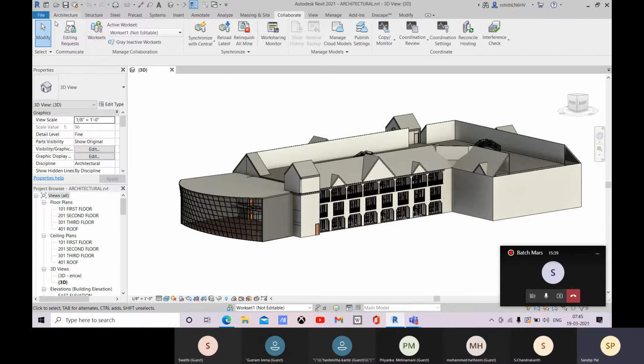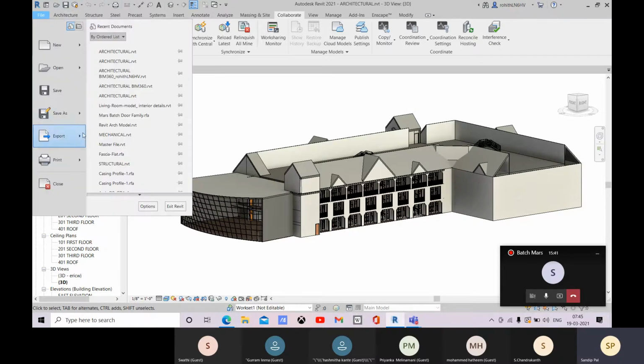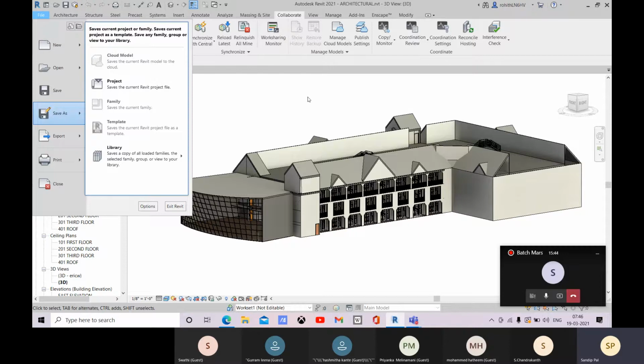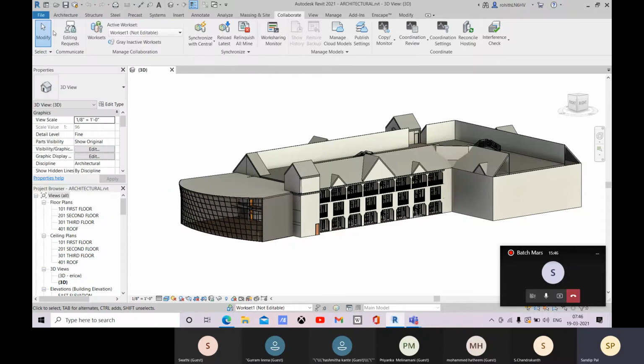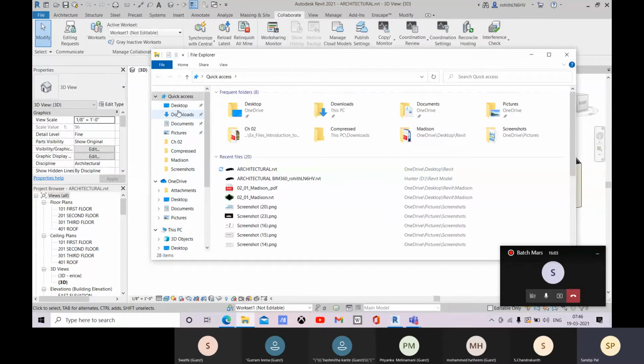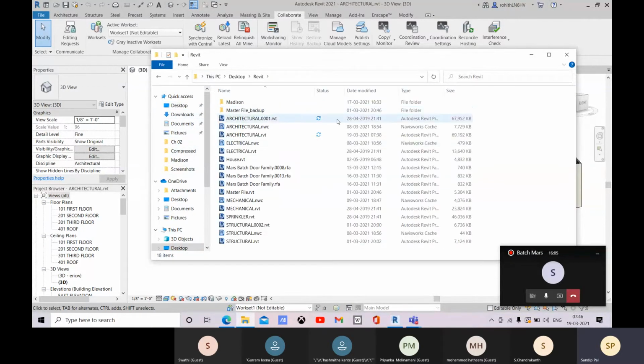Now let's go for save. So you can go for save, or let me go for save as. Okay, so let's go for save, and it's going to be saved. Okay, so it is saved right now, and in this desktop where it is saved, let me come to this desktop and Revit.